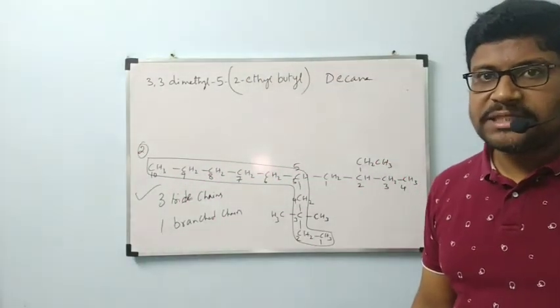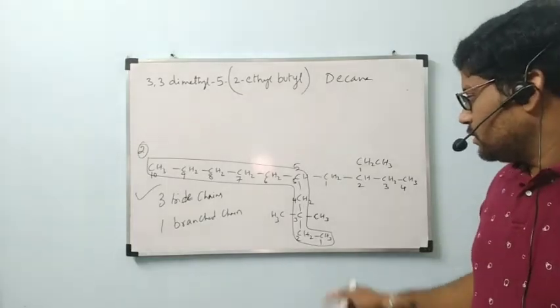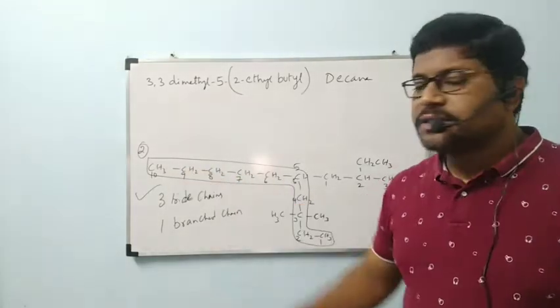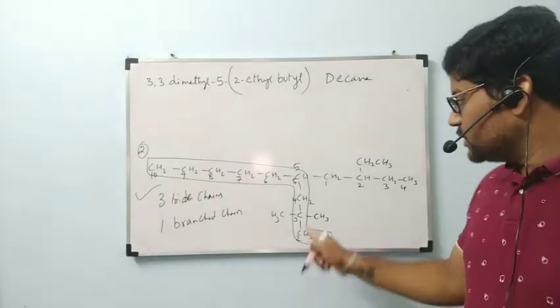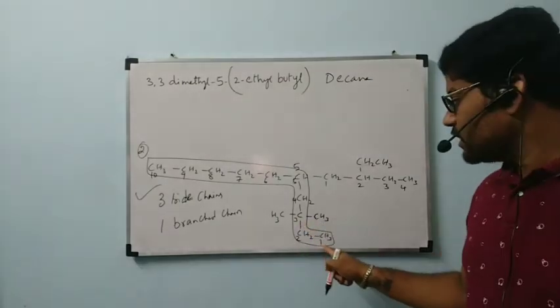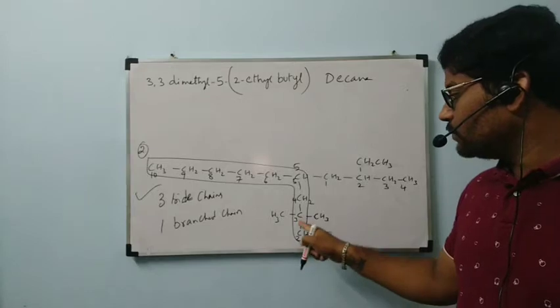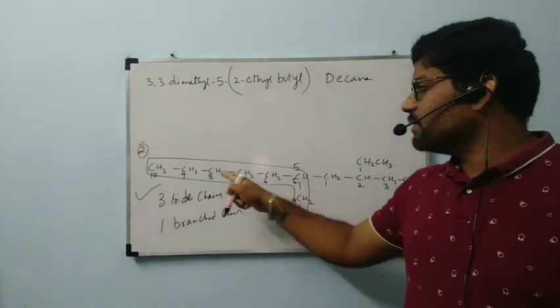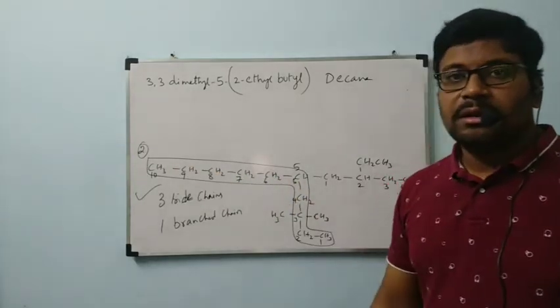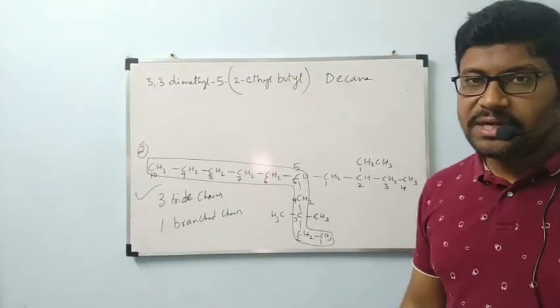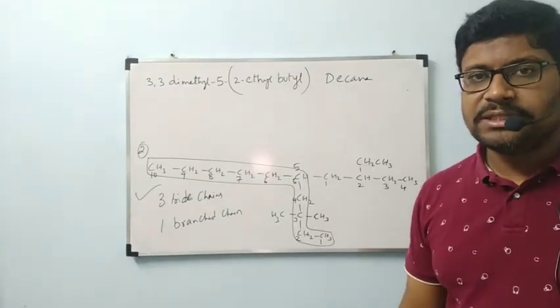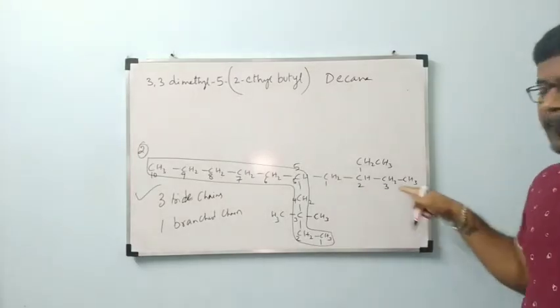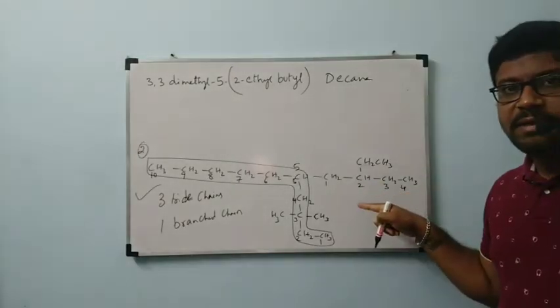One more time I am going to explain now. See. The selection of the parent chain is over. Numbering is also clear because we know this one is getting the least number. So I started numbering from here: 1, 2, 3, 4, 5, 6, 7, 8, 9, 10. The problem faced here is, till now we didn't get this type of problem. In the side chain also we have a branched chain.